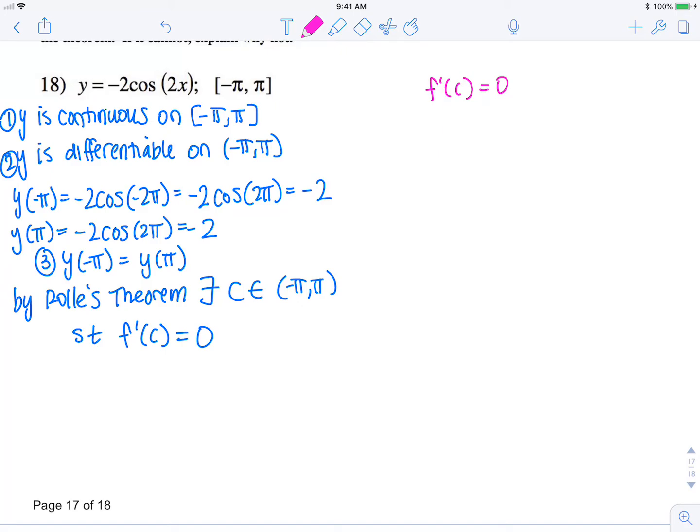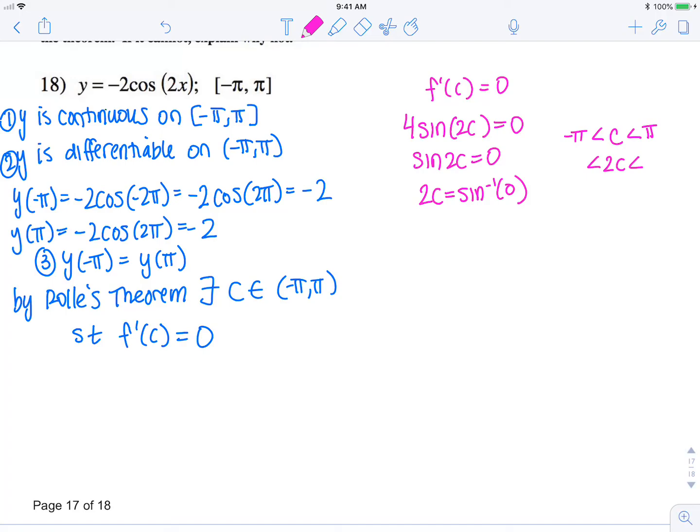Well, f prime of C is going to be positive for sine of 2c equals 0. So sine of 2c equals 0. So 2c equals sine inverse of 0. So now, a little caveat, remember that originally we're looking for a C between negative pi and pi, but now we're solving for 2c. So 2c, we're looking for everything between negative 2 pi and positive 2 pi that satisfies